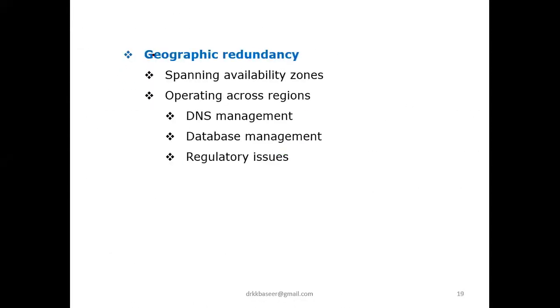Geographic redundancy. The meaning of geography itself says different locations. If you have different locations in a particular area, then geographically, in the different locations, how are we going to be storing that data? Because whenever a disaster happens, we have to take the backup. Redundancy means having multiple copies of the same. So geographically, we have to maintain multiple copies in different locations. That is the topic intention.